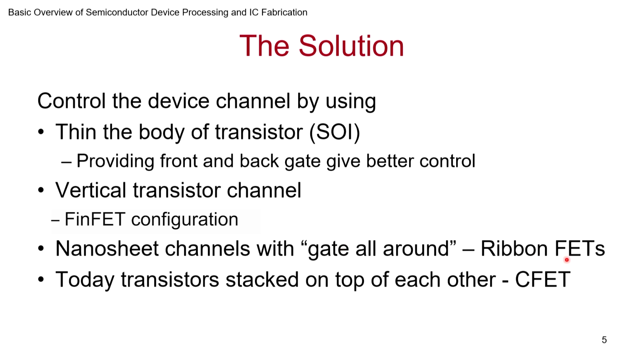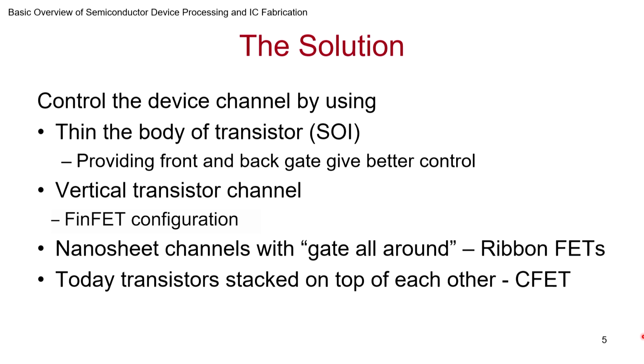There are various names to it depending on the company which is making it. They all want to have their own trademark names, but essentially you know what they are talking about. And then finally, today's transistors, even that is not enough. As we are going to 2 nanometers and 1 nanometer, we might have to go for other approaches if you want to keep the functionality increasing with each generation. And so you have complementary FET, essentially N MOSFET and P MOSFET stacked on each other.